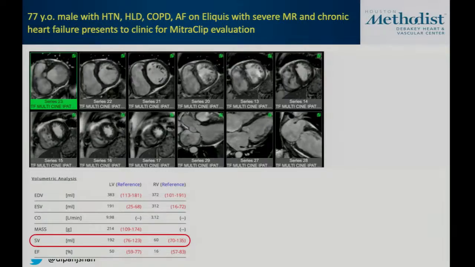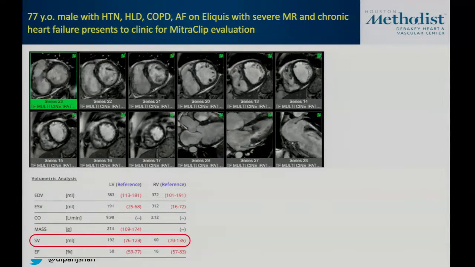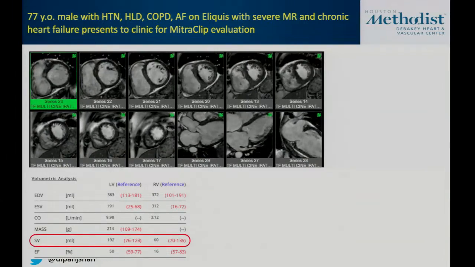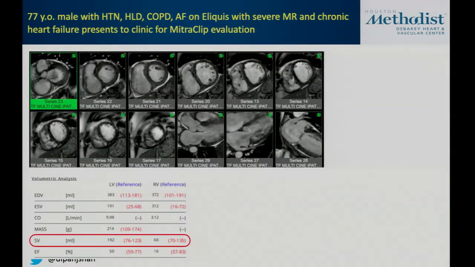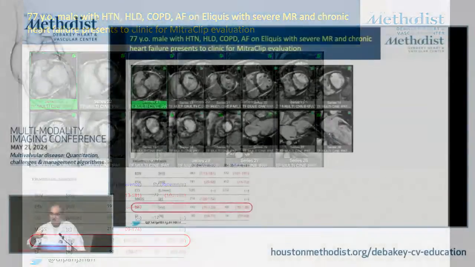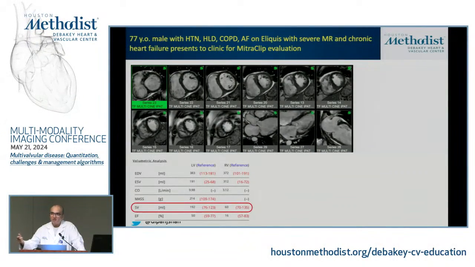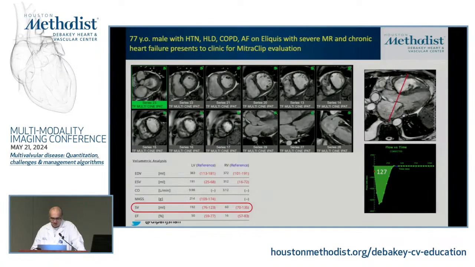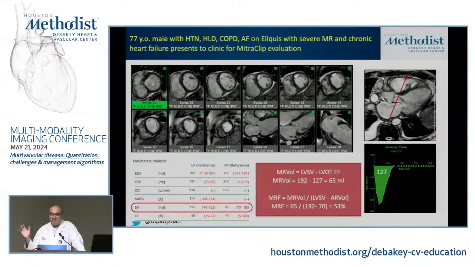So the same equation that I use for isolated mitral valves works in this setting as well. Because if I just take the LV stroke volume minus the forward flow across the aortic valve, and the reason is because the aortic regurg, remember we talked about it adds to the aortic forward flow, right? But guess what? It also adds to the LV stroke volume as well. So the two cancel themselves out. So this equation of comparing the LV stroke volume to the aortic forward flow works even in the setting of